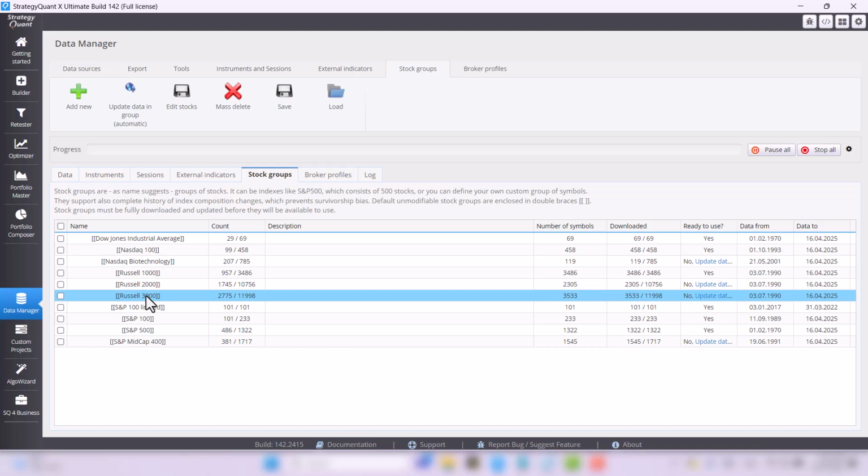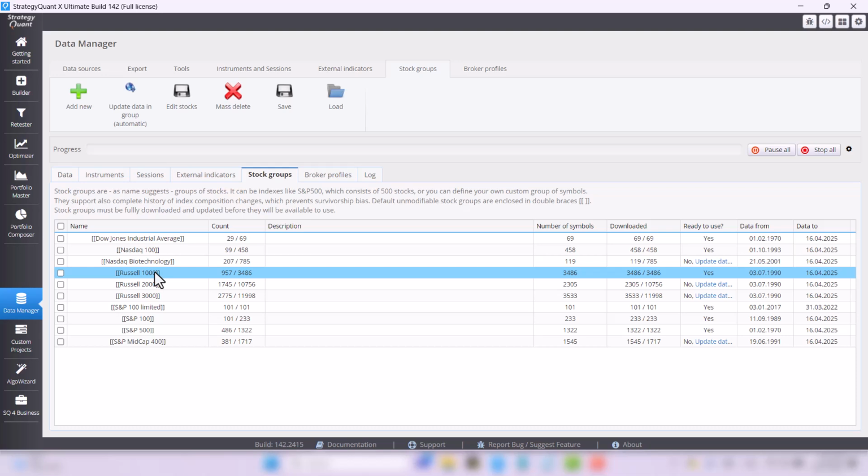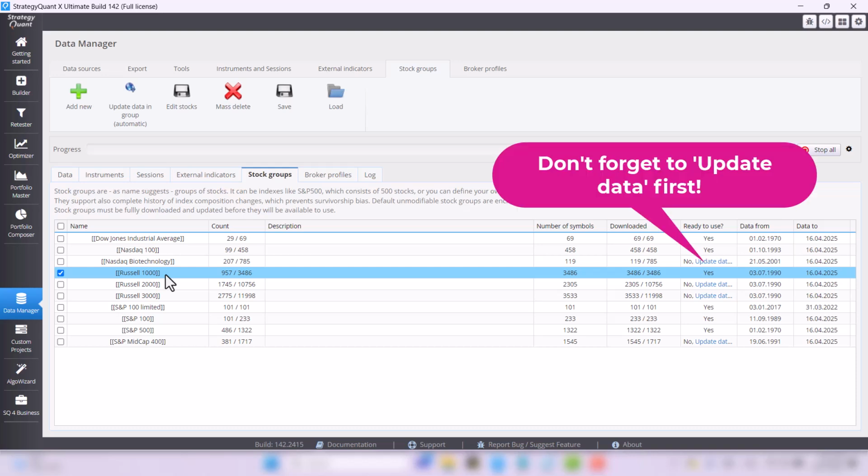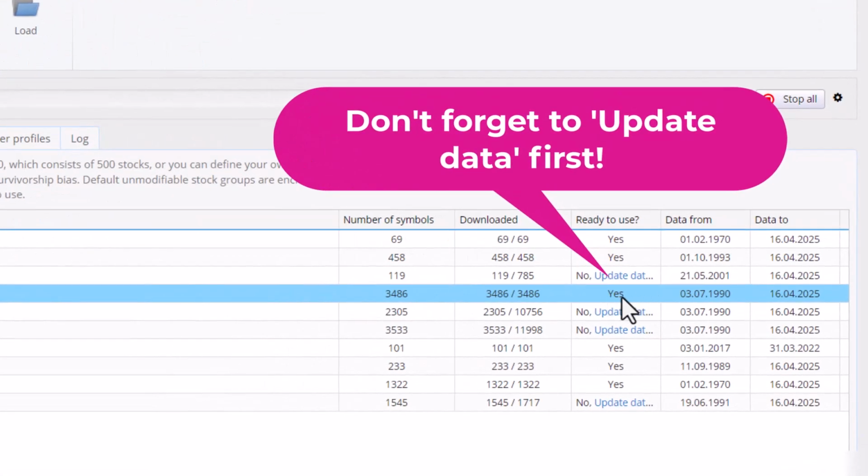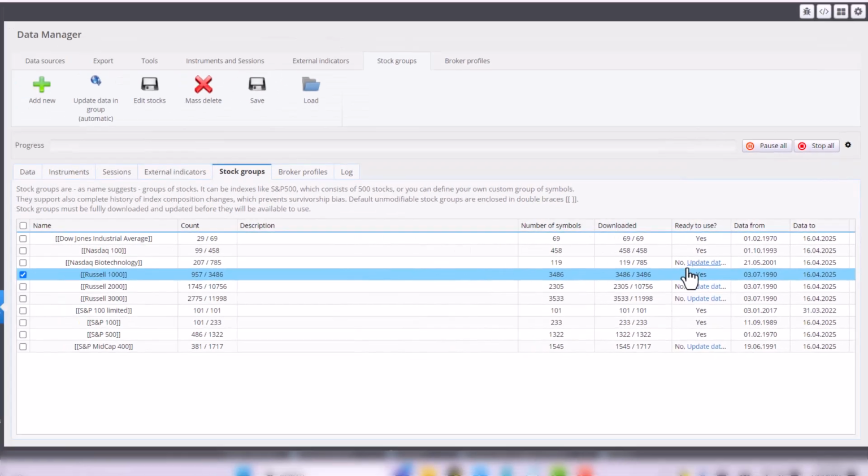1000, 2000 or 3000. These are stock groups that we didn't use in this workflow because as the number of symbols grows in one stock group, the backtest gets significantly longer. But we are not developing strategies anymore. We are testing the selected strategy, so we don't mind the backtest taking a little bit longer. In that case, I recommend downloading here, for example, Russell 1000 and doing another retest on this. It means that in the first step, you need to download the data for the stock group just like you downloaded the data in the first lesson.